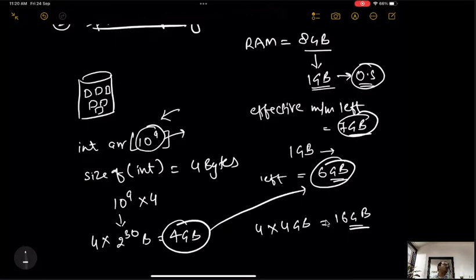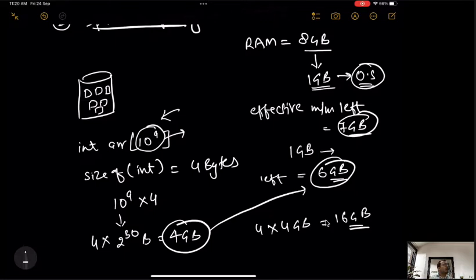Maybe I have to work around it, maybe I need to see some other algorithm for my work. If all four arrays are necessary, then maybe I will use some other techniques which are advanced level techniques. I will teach them afterwards. That is also not in your data structure syllabus.